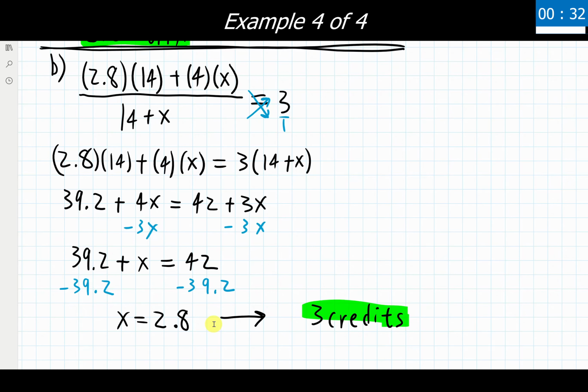So be on the lookout if you get problems like this for decimal credits, and making sure that we are kind of doing a weird take on it, but almost always rounding up. If I have something point something else, always round up to the next whole number if we're asked about full credit amounts, especially with problems like we have here in part B. It's kind of a tricky part that shows up with these problems, but it is worth putting on your radar, to be on the lookout for that at the very end.